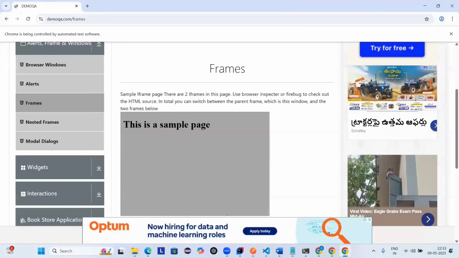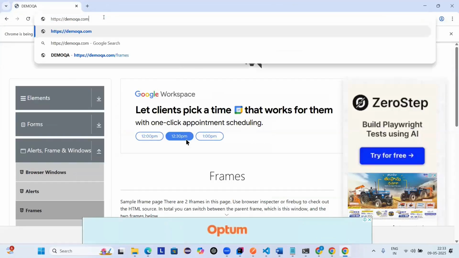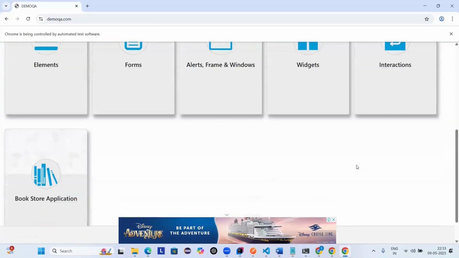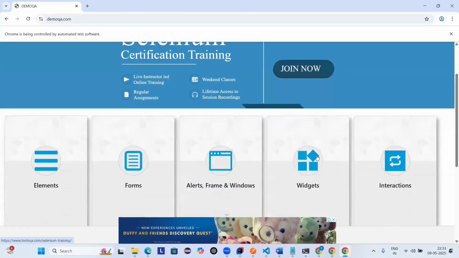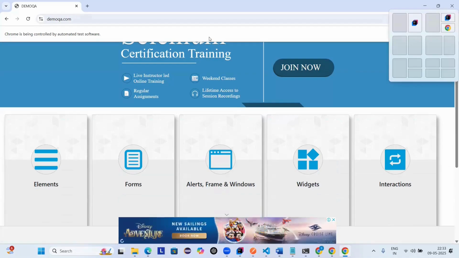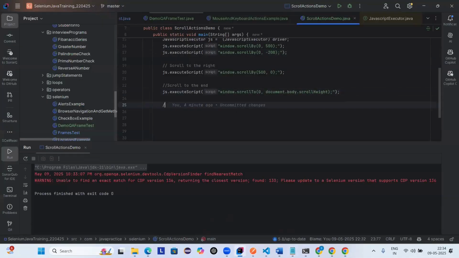Now, if I want to scroll to a particular element, maybe on this website, I would like to click on maybe widgets. I don't want to go to the end or by some pixels because I don't know where these widgets will be. I just want to directly go to this element called widgets. How to handle this? Let's see. Let me write it directly here. If you want to scroll to an element,